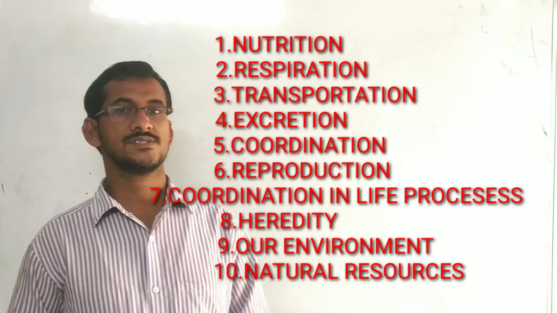Then what is defecation? Passage of undigested food from our body through the anus is called defecation. So: digestion, ingestion, absorption, defecation. Taking inside is ingestion, breaking the food is digestion. After food is digested, what is happening? Digested food is absorbed into the circulatory system, that is absorption, and the remaining undigested food comes out from the body, and that is defecation. Understood?